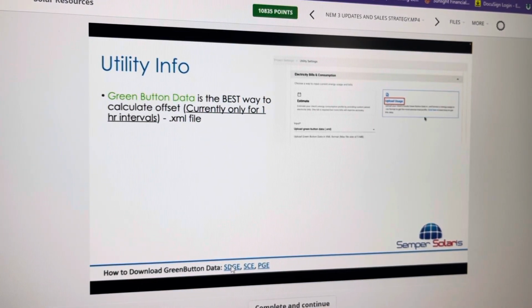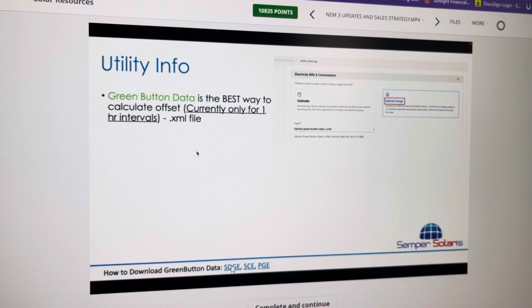The best way to do things is to upload Green Button data, and there are some links in the training deck on how to do that. You download their usage from the utility website, and ideally you want to get this in hour intervals, because it's not currently set up for 15-minute intervals. If you can download hourly usage, you can upload the XML file, soon CSV file. You can upload it here, and it will customize that customer's usage habits throughout the day. It'll plug it into the tool so it can be extremely accurate on how to price everything, optimal solar battery